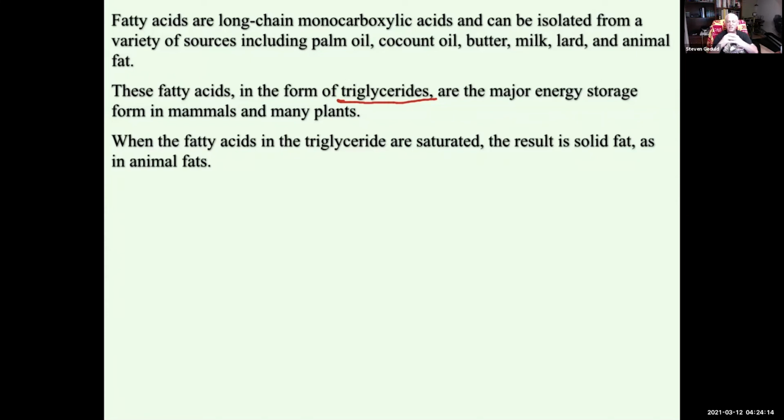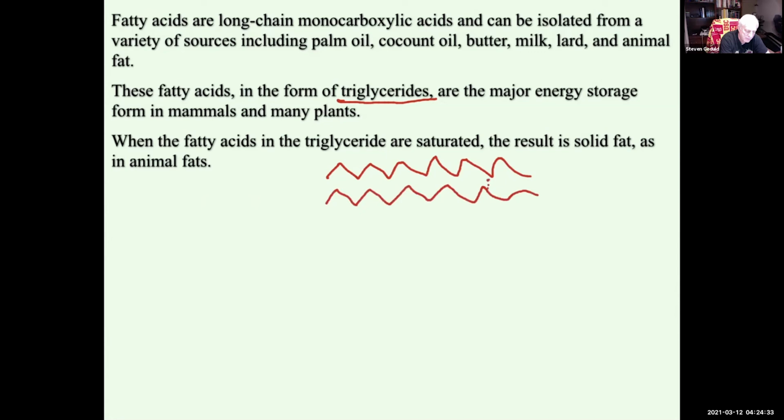Because when it's saturated, all you've got are these long chain hydrocarbons. Remember we talked about London dispersion forces. So if I have, okay, that's a saturated hydrocarbon. There are no double bonds. So if you have another hydrocarbon, it can line up. And then you have these attractive forces that line up because of temporary dipoles. We talked about London dispersion forces before that help hold it. Not as strong as hydrogen bonds, but they do tend to hold things together, so they make it a solid fat. If you throw a double bond in there,